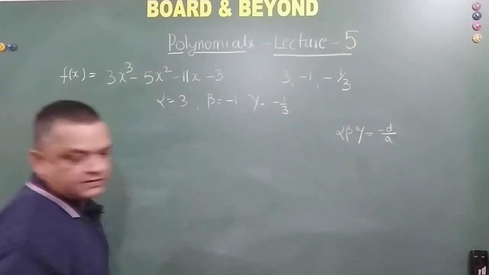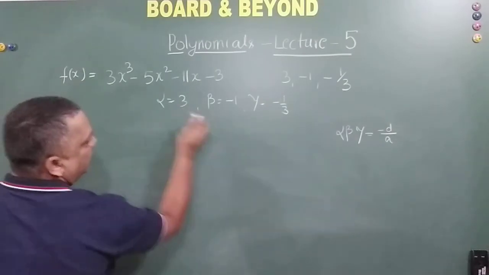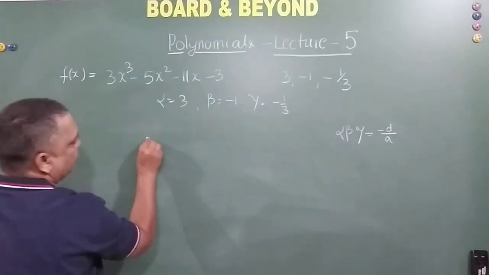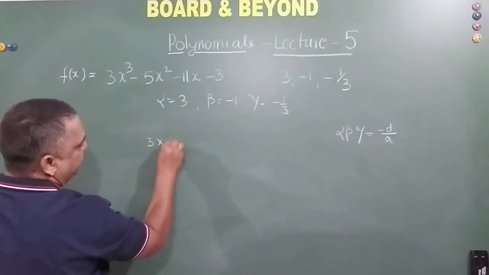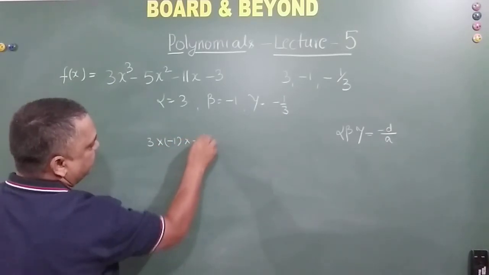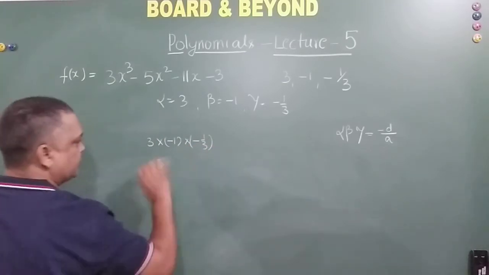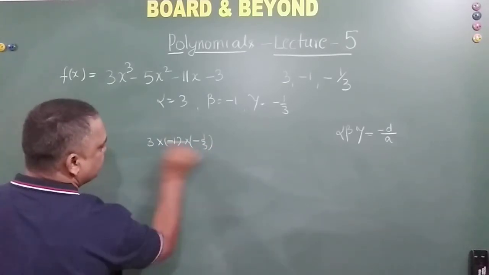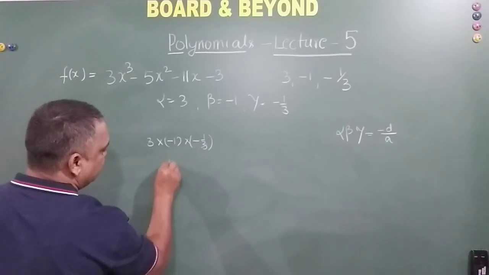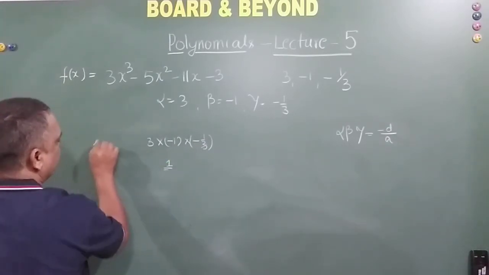board. Now remaining is alpha into beta into gamma, right? So from this we do alpha into beta into gamma, that is 3 into minus 1 into minus 1 by 3, right? So minus into minus becomes plus, okay? So there is no minus sign here. This into this gets cancelled, so it is left with 1, right? This is alpha into beta into gamma,